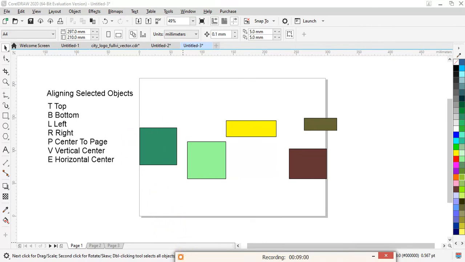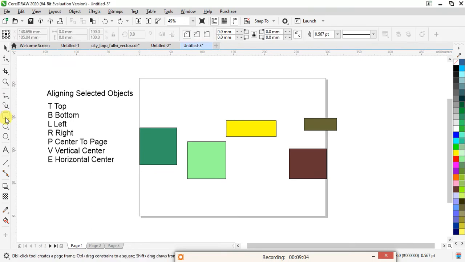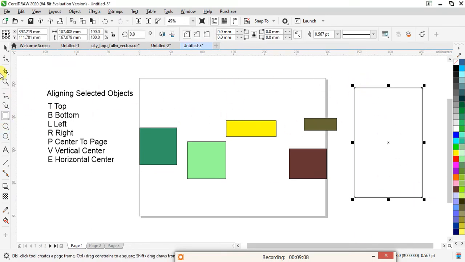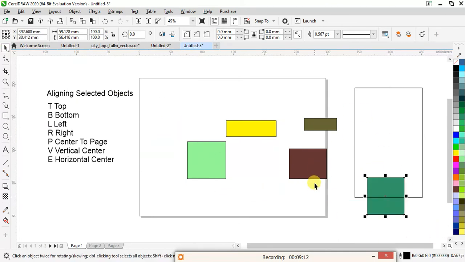Okay, now let's say I'm taking one rectangle. Now I have my rectangle at the end of this rectangle, in the top of this.